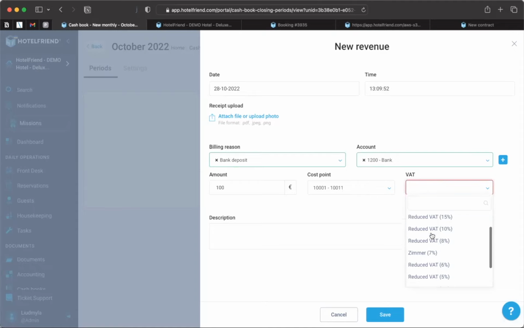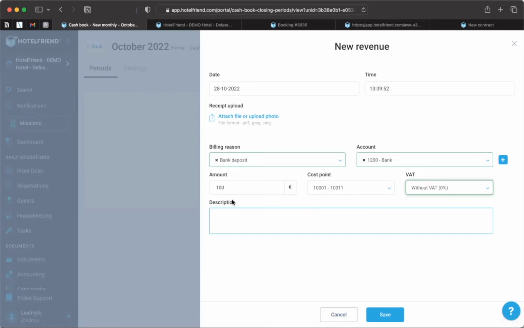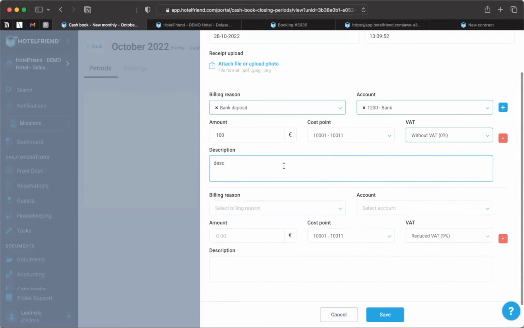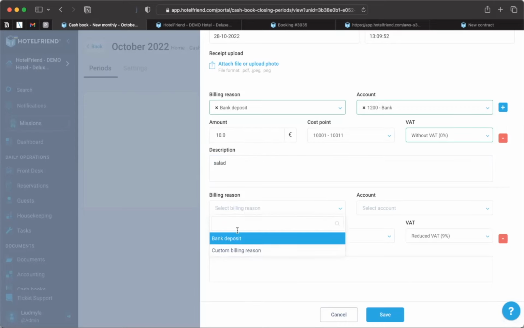So I can simply use without VATs and add some description. Also, we can add multiple items here. So for example, maybe this will be some salad. Let's make the price a bit smaller, and